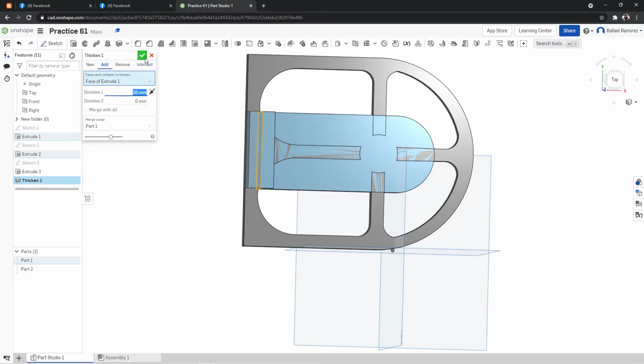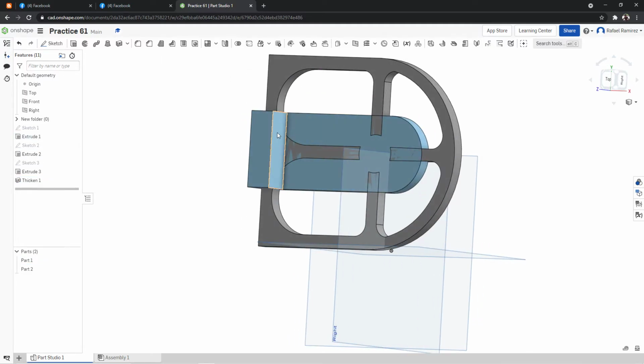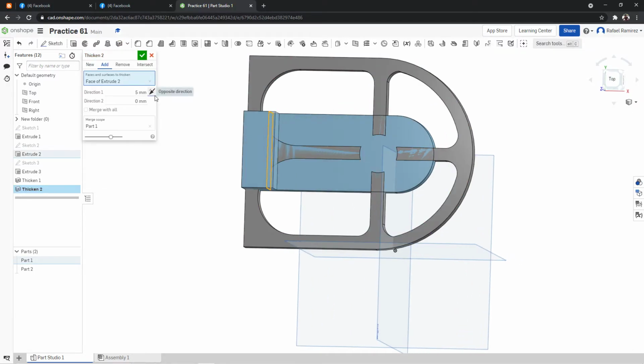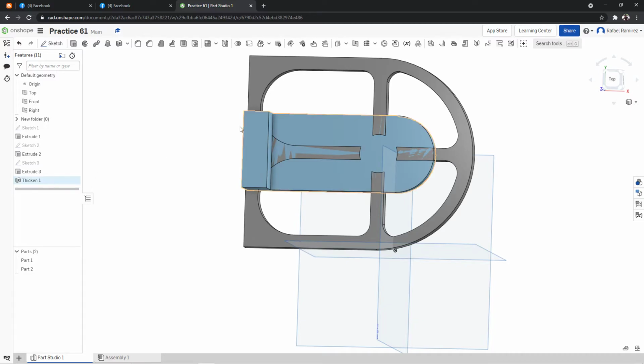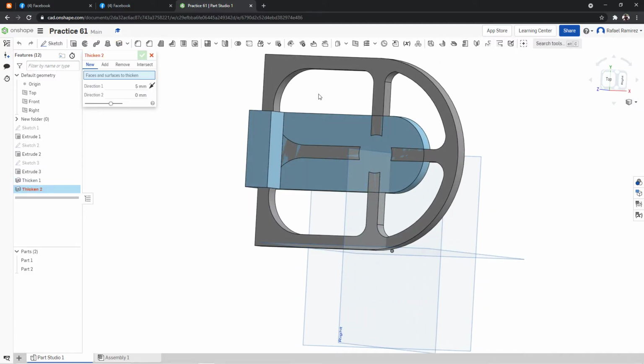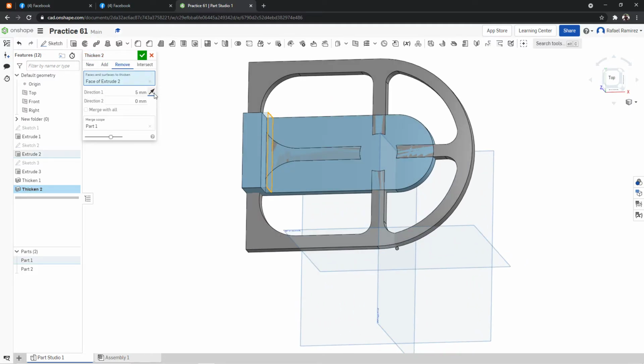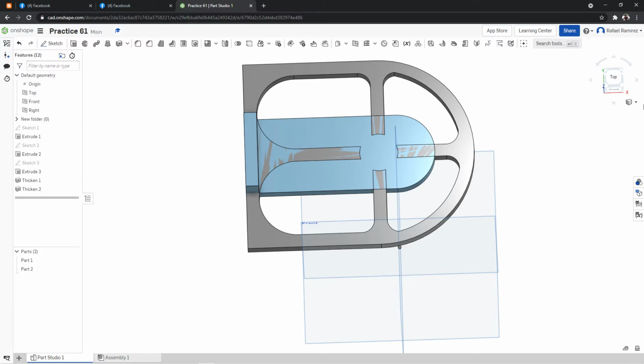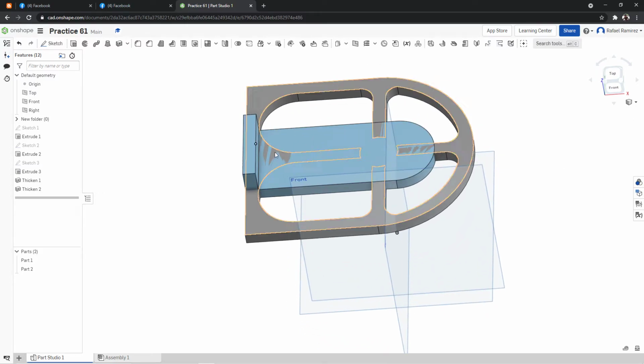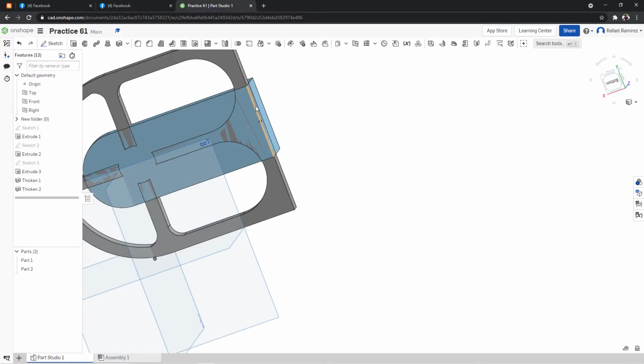I click on check, and then we need to reverse thicken that one. In order to reverse thicken, you click on the opposite direction, then indicate the thickness that you want to reverse it with. 10. As you can see, like magic. I forgot to click yes. Reverse thicken: you click on the side in which you want to reverse thicken, click on the opposite direction and indicate 10, and then you click on check. I did a reverse thicken because this certain area here needs to go on top of